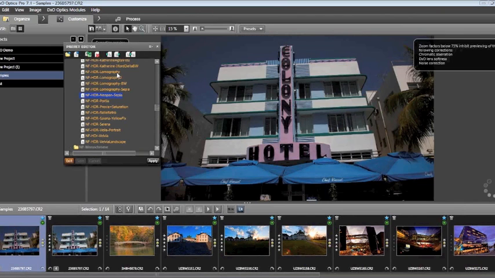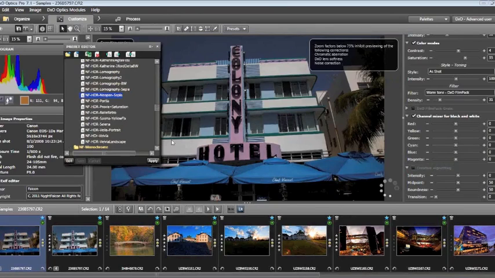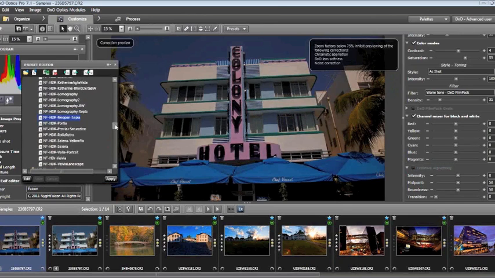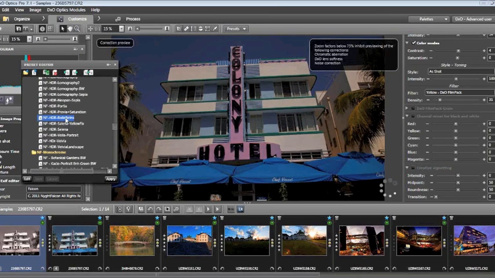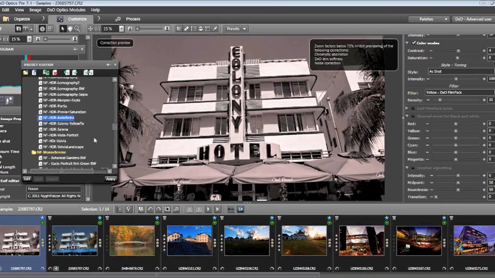This one, for example, you can very clearly see has tombstoning, and I'm going to quickly apply a preset. This is a new one that we created with the HDR module in Optics Pro based on the Raleigh Retro film,